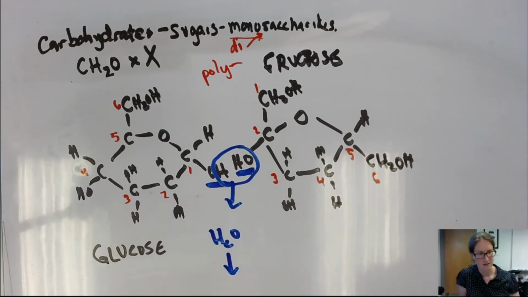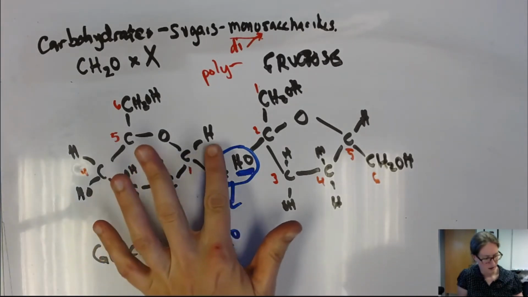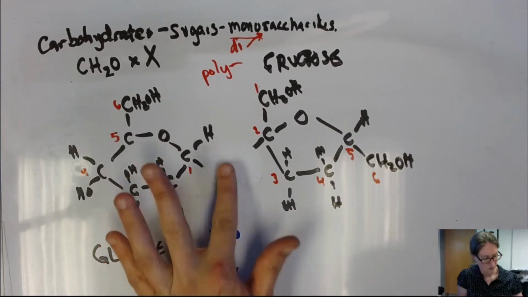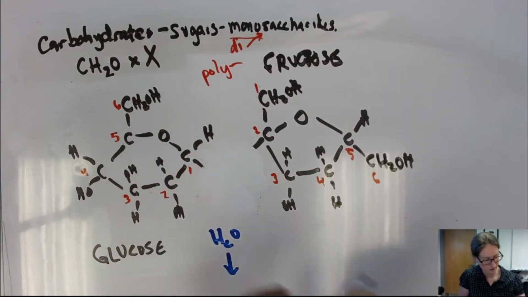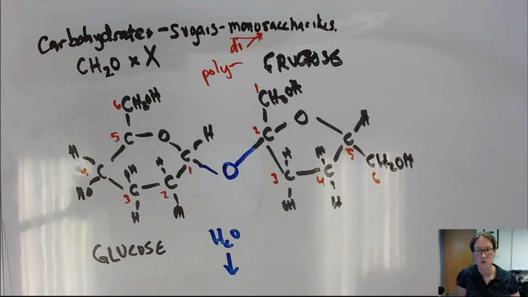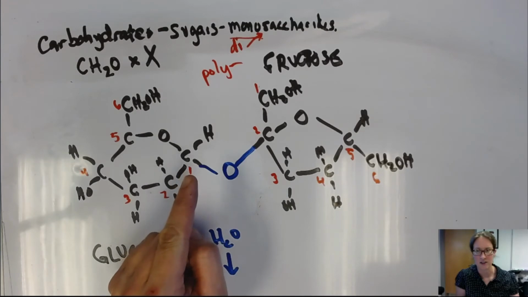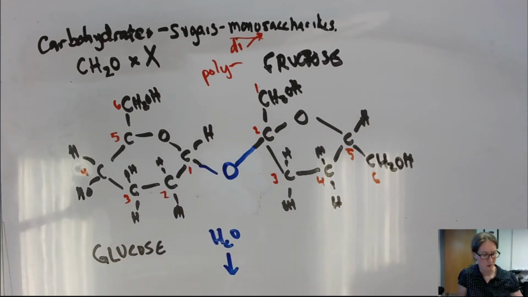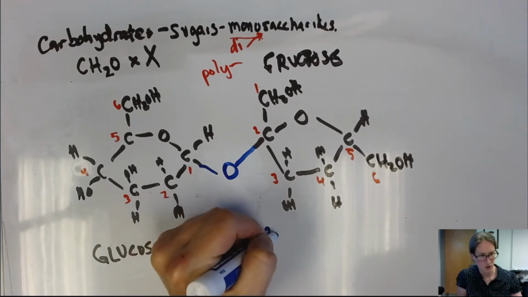So that's going to leave the scene here. And when that happens, what we're left with is an oxygen holding these 2 together. And the connection position here is named according to the 2 carbons that get joined together. So you've got carbon 1 and carbon 2. So this winds up being referred to as a 1,2